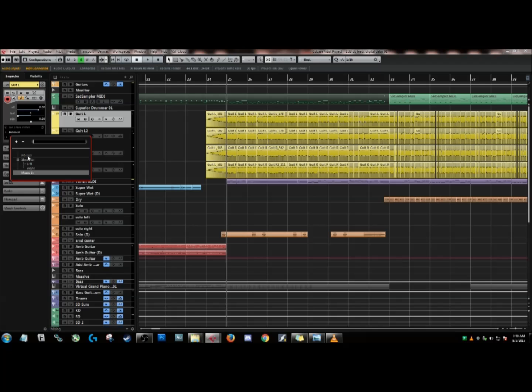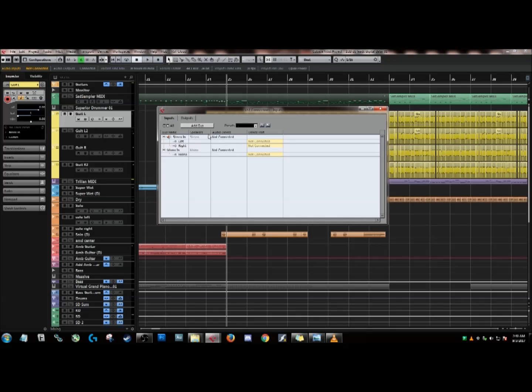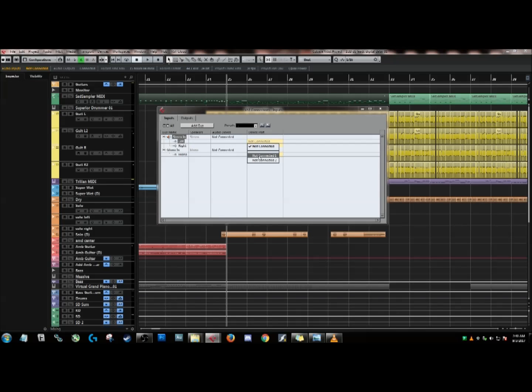Now, you can select them here all day, but it's not going to do anything until you have set them up in the VST connections first. So basically here on stereo in, I would select Axe-Fx here. I wouldn't, because I'm only using the mono in. I'm only using one input, which is a USB input on my